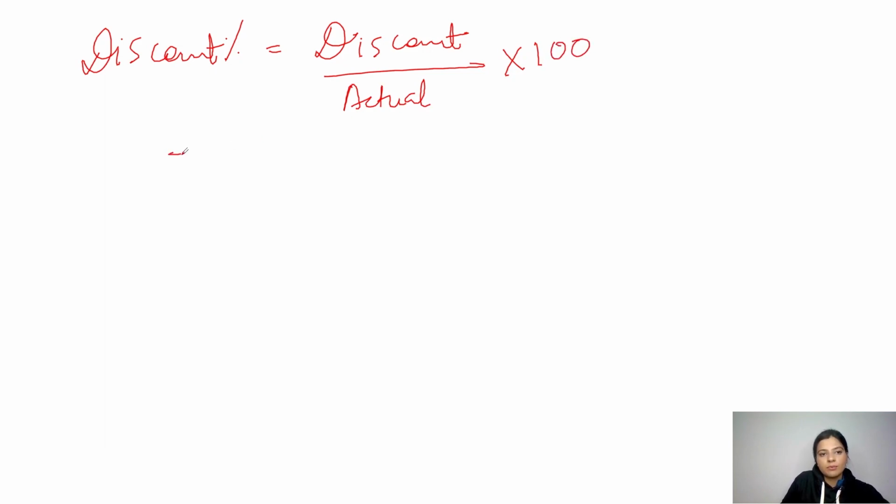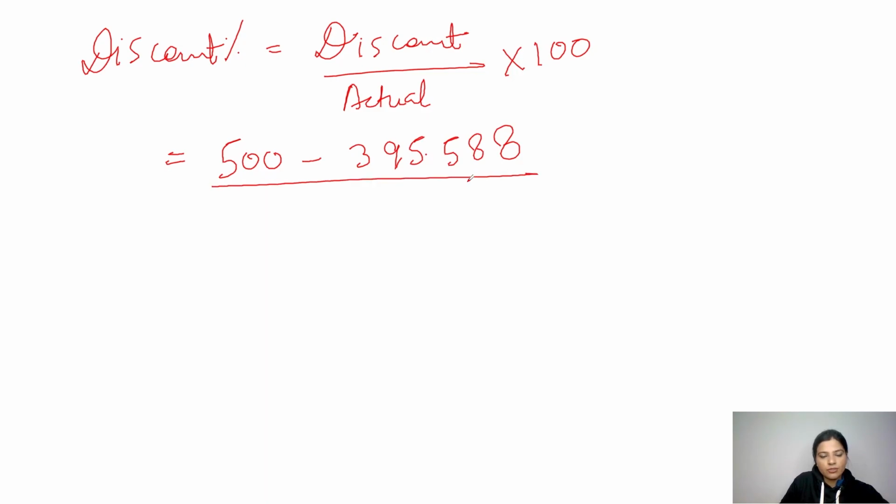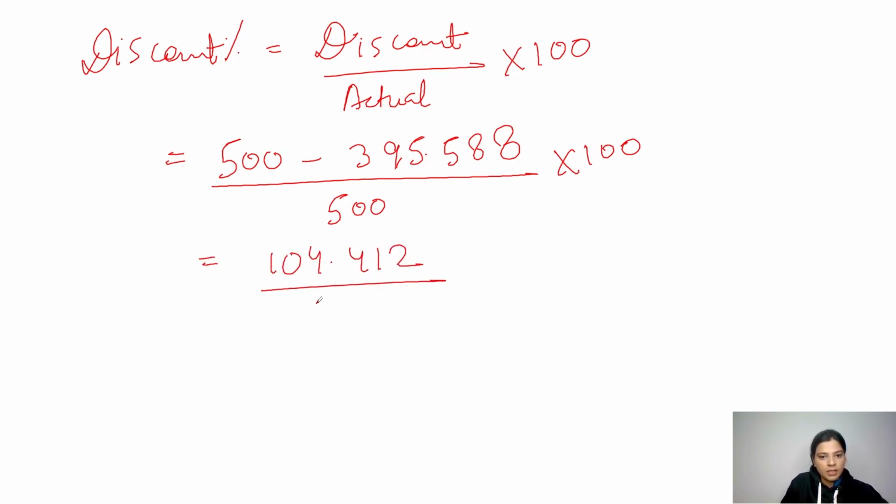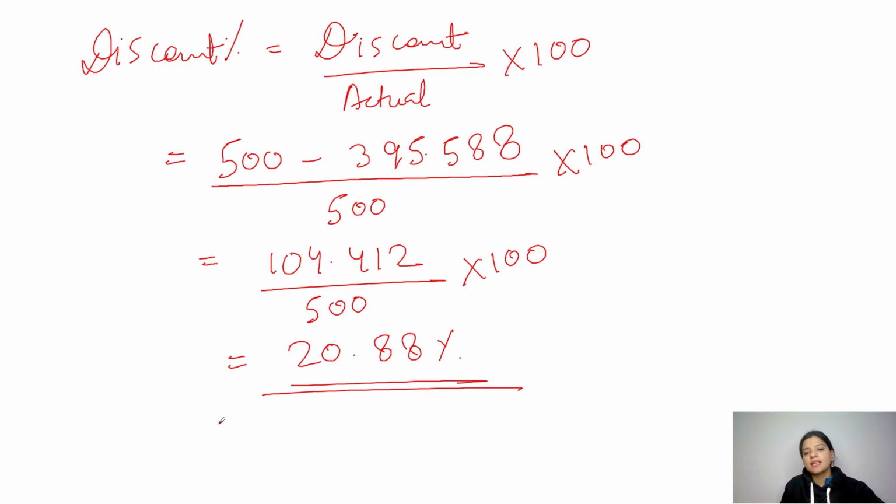So discount will be 500 minus 395.588 upon the actual price, that was 500 into 100. So this is 104.412 upon 500 into 100. So when you solve this particular thing, your answer comes out to be 20.88%. So it means in total he was able to avail a discount of